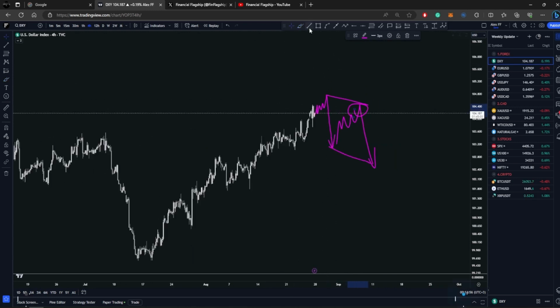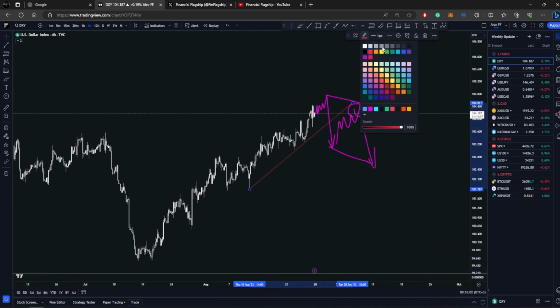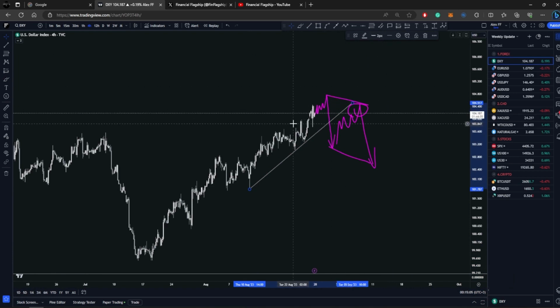And for now, we have to wait for this first impulse, like I was saying. Also, we can watch this trend line as well. So keep an eye on it, because this could be a good indication that the market will start dropping. So let's wait for the impulse correction, and then we see if we can get this move towards the downside.